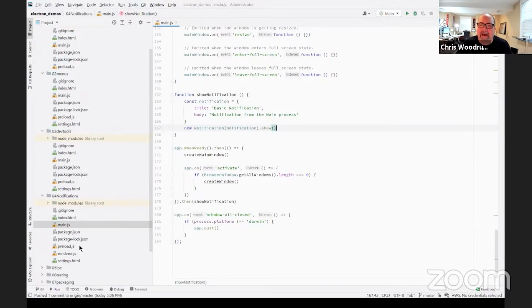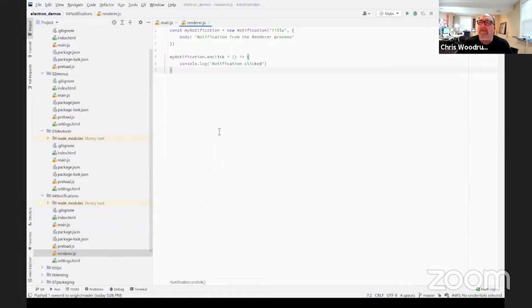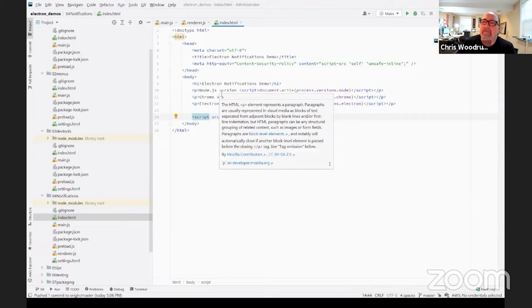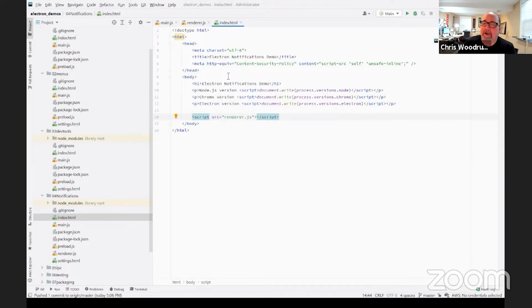And if I did render.js, so if I go out to my index.html, I am referencing this render JavaScript file from the simple HTML file.